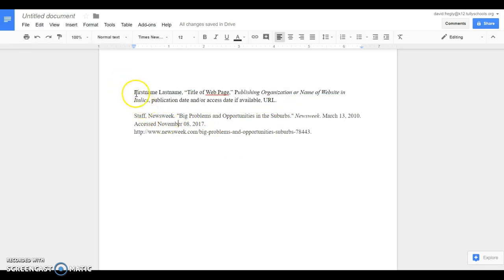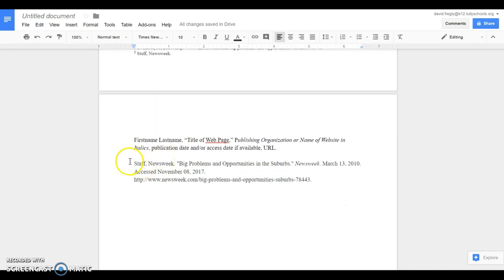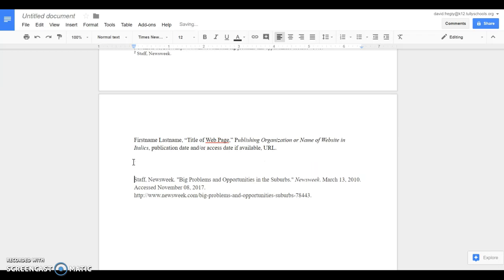Okay? One of the discrepancies that does turn up is the first name, last name bit. So for your footnote, what you can do is you can reverse these. Okay? So just take Newsweek, put it there, and just change this. Okay? Just like that. And you want to do that for the second one as well. But when you get to your citation page, having the last name first is important. So this is already cited. We do this, and you would put in